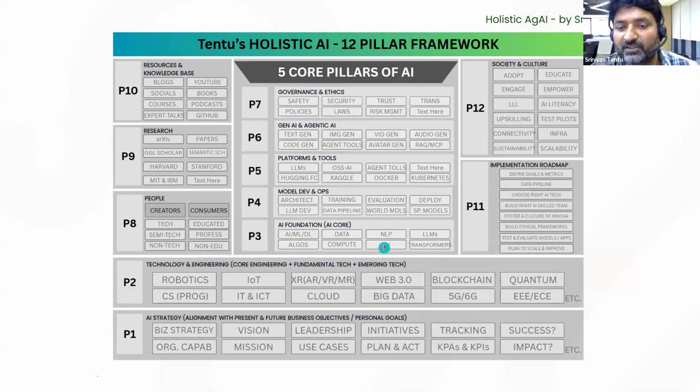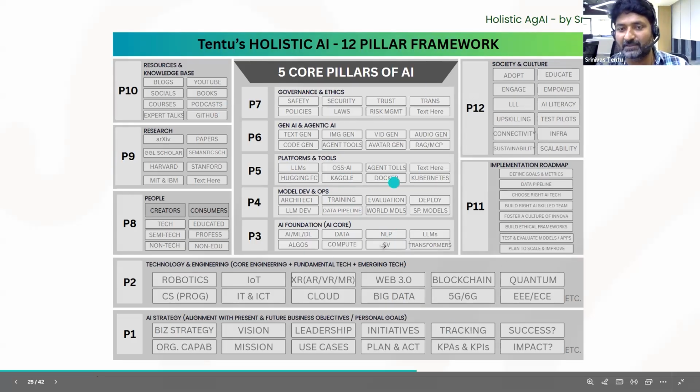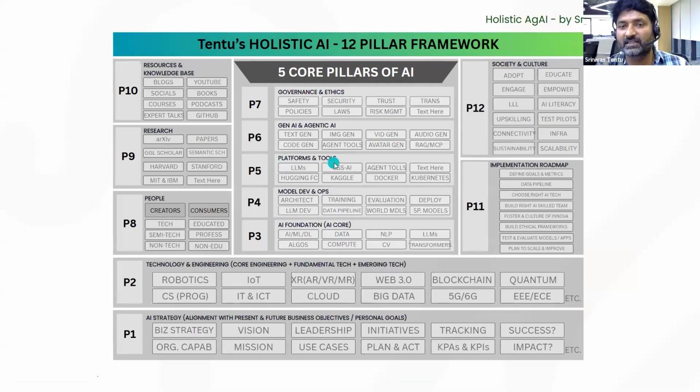Like this, you have to choose. In CV there are so many multiple tools and technologies, algorithms, and all those things. Based on your goal, your application objective, you have to decide all these components. How to use Hugging Face, Kaggle. If any datasets are needed, a lot of datasets are available from Hugging Face and Kaggle and all that kind of things. I told you in the beginning, this is not the complete list. This is for presentation purposes. There are hundreds of tools and hundreds of platforms, and you have to build the right